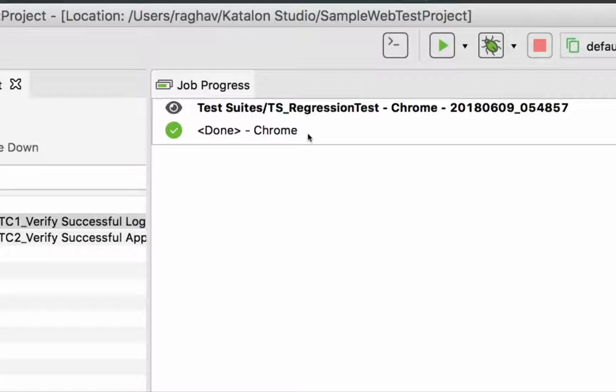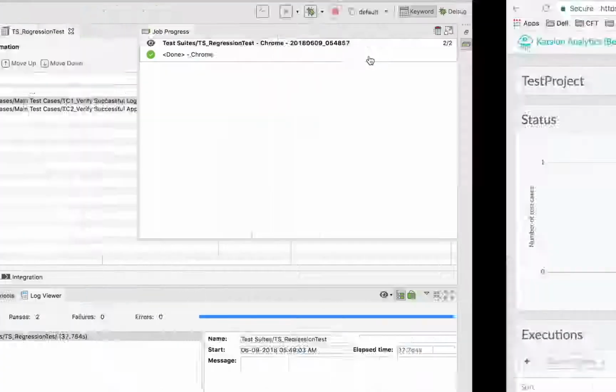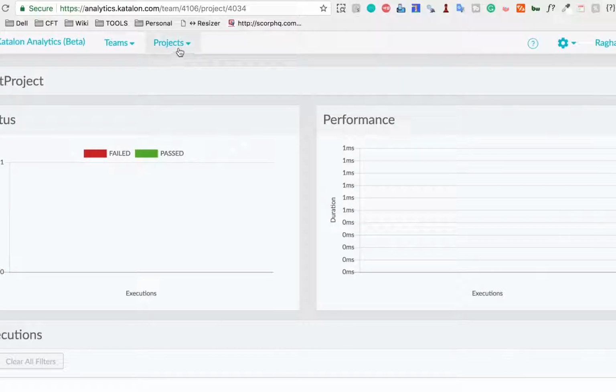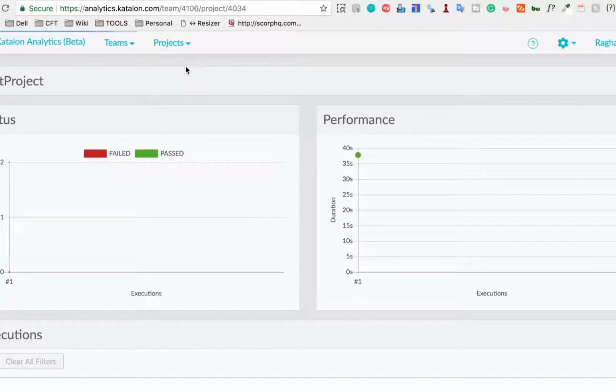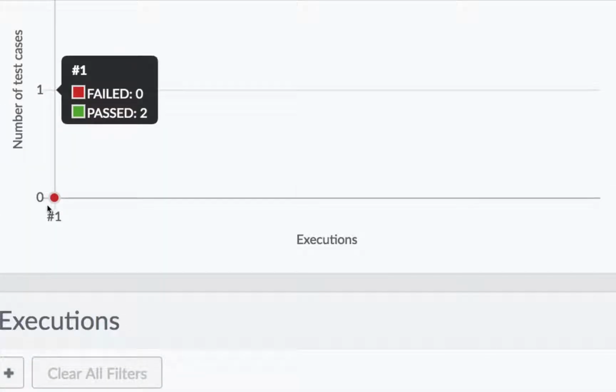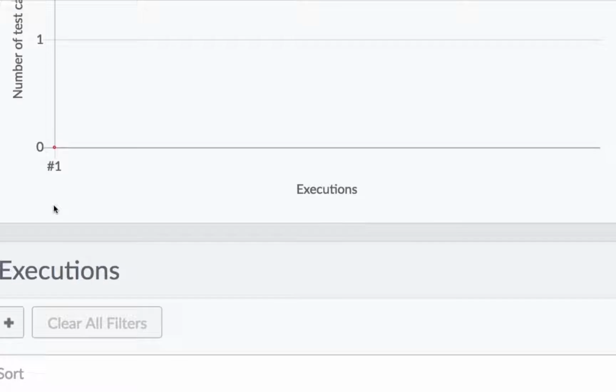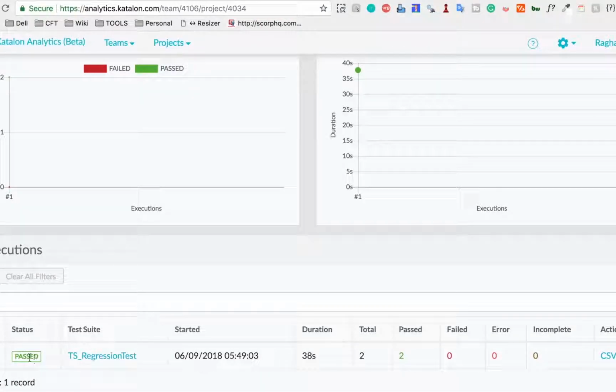Now you can see this is done, and now we can go to our Katalon Analytics in the browser, and here you can refresh this. I will just select test project 1 so that this gets refreshed, and let us see. Now, if you look closely, you can see there is one execution and it says passed 2, failed 0, and in case you go down, you can also see the details of the execution. That is number 1, passed, and duration, total, failed, error, incomplete, and then there is CSV as well here,